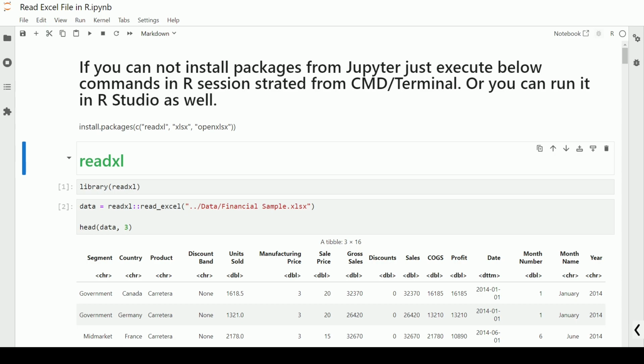In this session, we are going to discuss how to read an Excel file in R. For this purpose, we are going to use these three packages: readxl, xlsx and openxlsx. Hence, to use these packages, first you need to install them using this particular command, install.packages and then the package